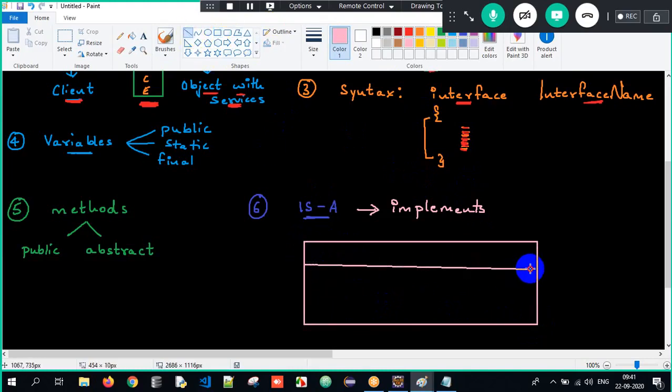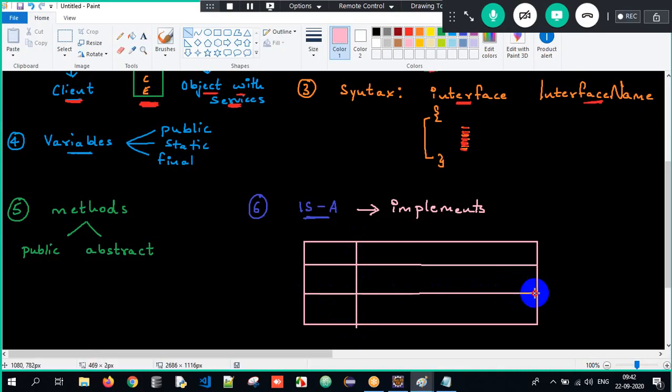Okay, so here imagine, this is a small table which I want to draw here.